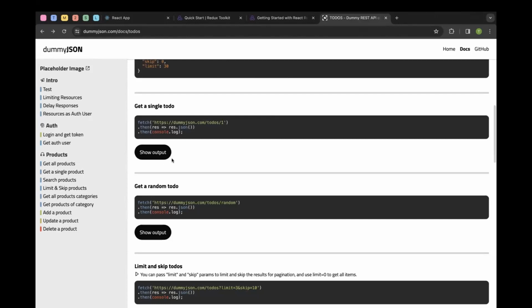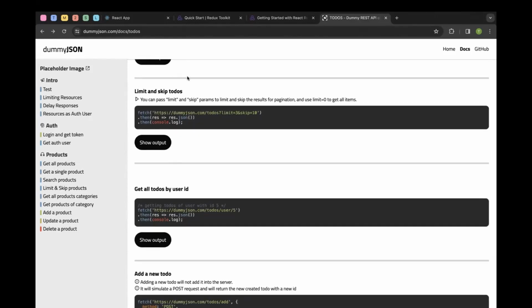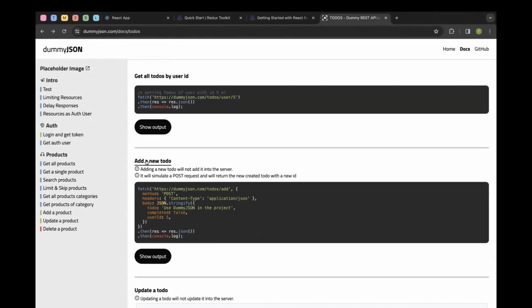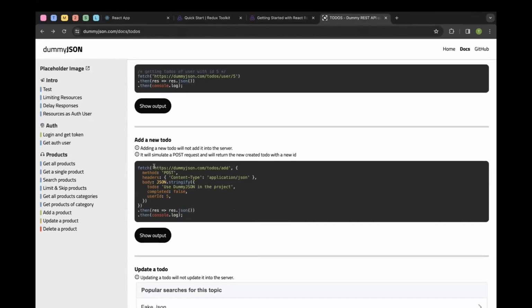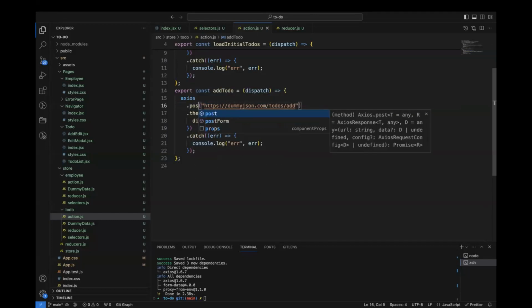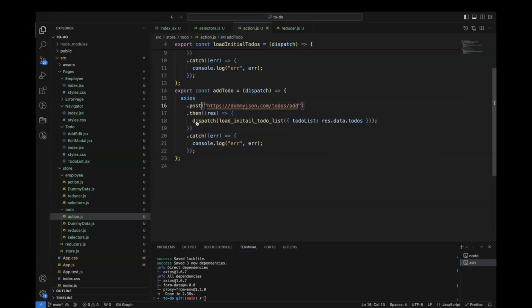So to add a to do, add new to do, I can use this endpoint, and this is going to be a post endpoint, and I have to pass an object like this. So let me use the endpoint, and I want to change this as post because that is a post method,